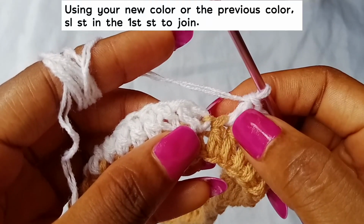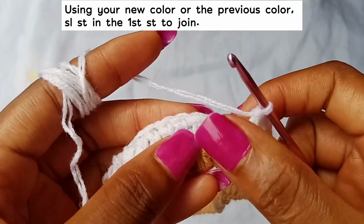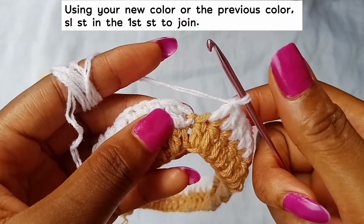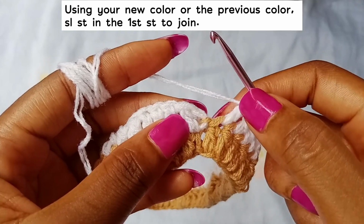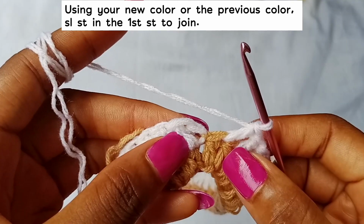After working 1 double crochet in the last stitch, we are going to finish off the round with a slip stitch in the very first stitch. But for the next round, we are going to go back to our first color. So that means we need to finish off the slip stitch with our first color. To do that,